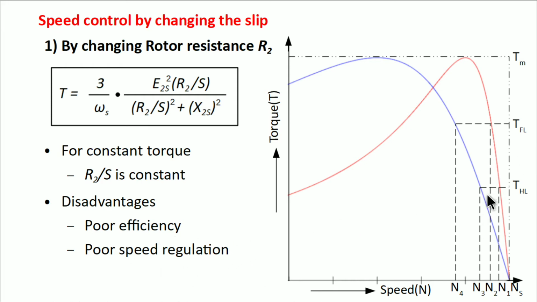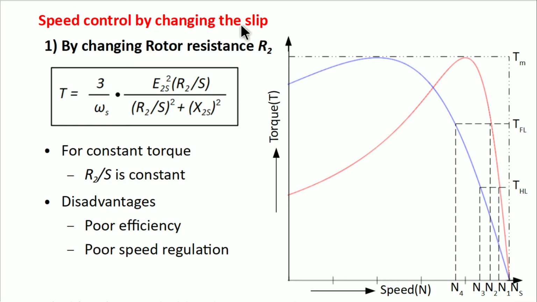Now see here, if we are running the motor with this rotor resistance curve, when maximum torque reaches here, R2 over S, R2 over X2S is S here. How much is the change? At full load, the speed is N2, as we have already seen, and at half load the speed is N1. The speed changes from N2 to N1.